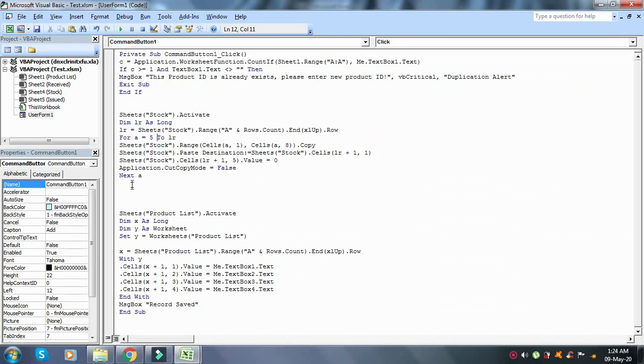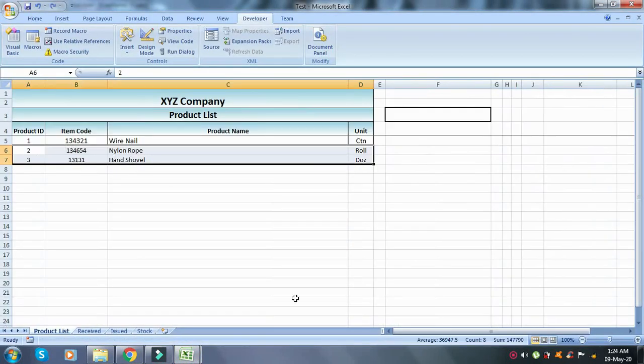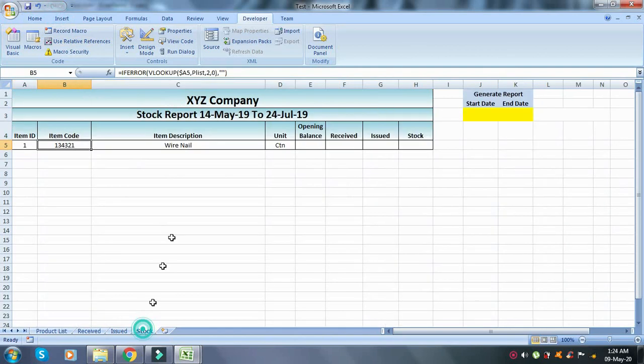Then it will copy SheetStock.Range(Cells(A1), Cells(A8)).Copy. What it will do is copy the first row of our data of the stock sheet, and then paste it here.